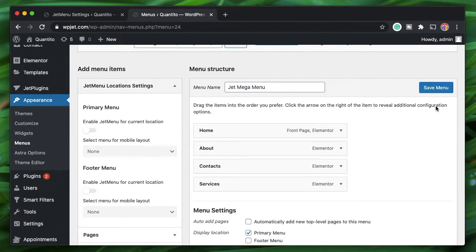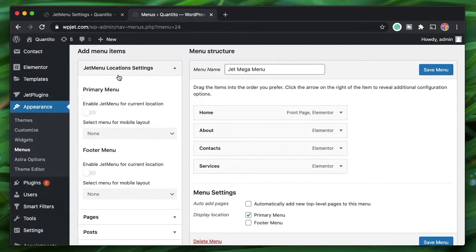Once you pick the location and click on save menu, the Jet location settings appear. Now you have to, of course, enable Jet menu for the current location, the location being primary menu, which usually occurs in your theme header. If you're building it using your theme, this is handy, but we'll build it using Jet Theme Core, which is a replacement to Elementor Pro's theme builder, again supplied by CrocBlock, and that's the reason why I stress on getting the whole CrocBlock package. So I enabled this for the current location, which is primary menu.